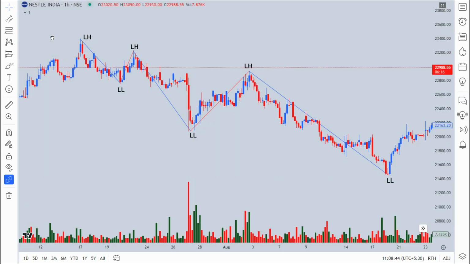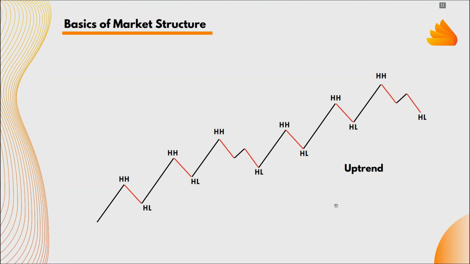Simple. And as I explained, I have already given an example right here. So you can check right now, lower highs, lower lows have been built right here, and the market is creating a clear-cut downtrend right here. Complete. Now, when we talk about the basic market structure in terms of recognizing these higher highs and higher lows, we